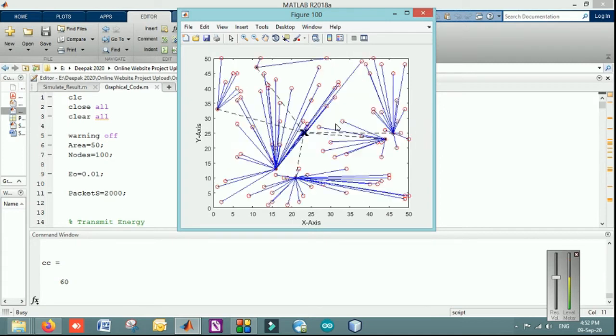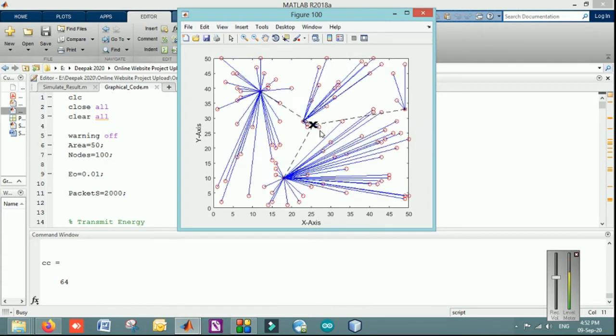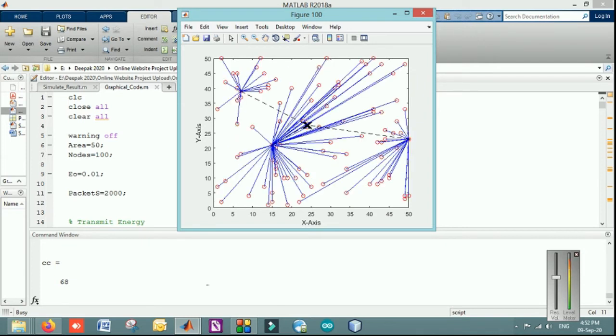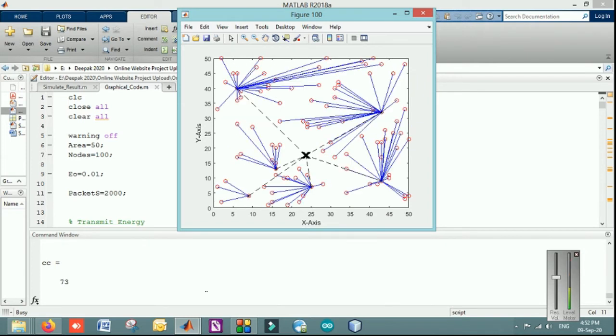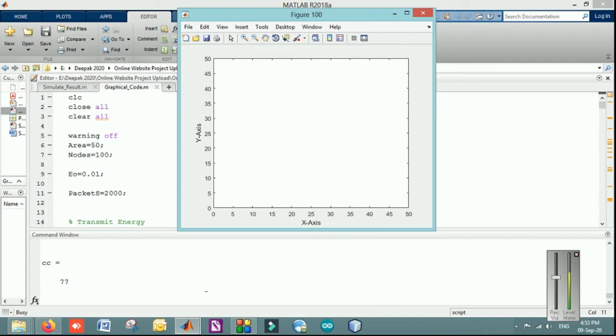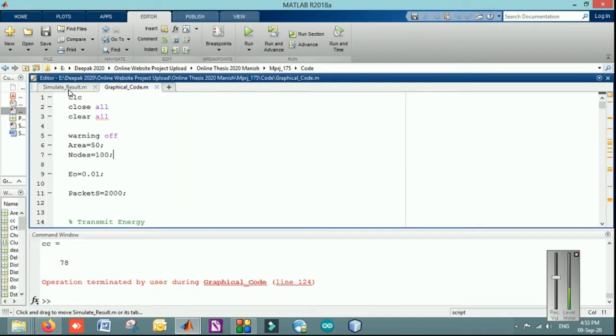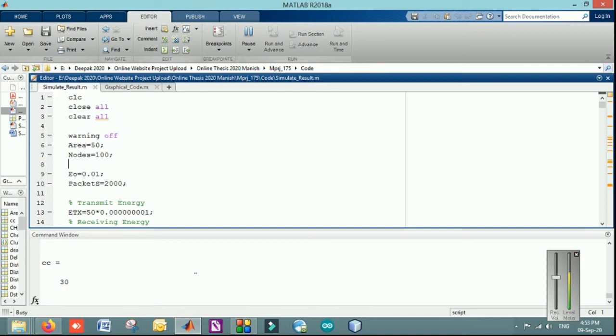As you can see, the 59th round is there and it will take too much time, so let's stop it and run only the simulated code without the visualization. So I am closing it and running the simulated result. All the factors are the same, only the section of visualizing and plotting is commented out. When I'm running this code, you can see the processing is that fast, so it can be easily processed.